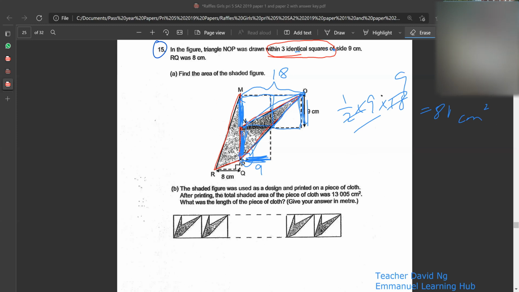Okay. Area of the shaded figure, you're very tempted to times 2, but don't, verify first. Are you tempted to do 81 times 2 to get the area of the shaded figure? No, I'm saying 9 times 2 to get the 18. You understand how I get 81, right? Half times 9 times 18. Okay, then this triangle here, let me change to red ink. Okay, this triangle,